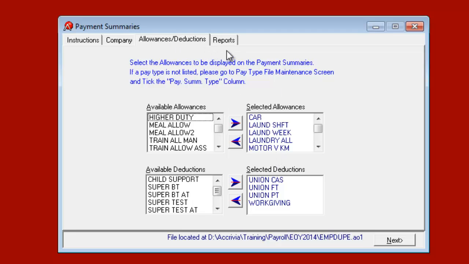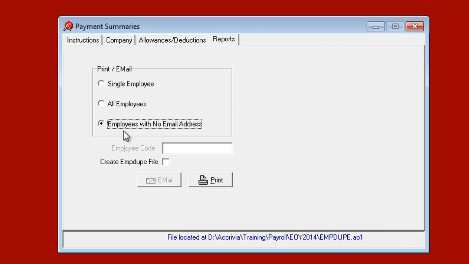Check your allowances and deductions, and then go through the same steps again with your reports. And you'll continue to do that with every single ABN. So if you've got 5 ABNs, you'll go through this process 5 times. And now that process is finished,